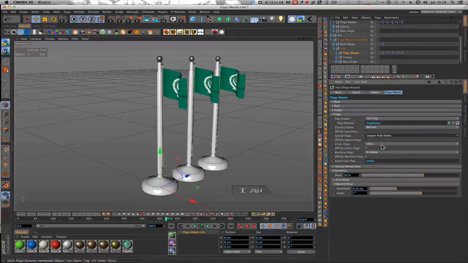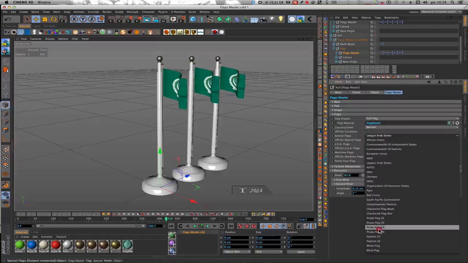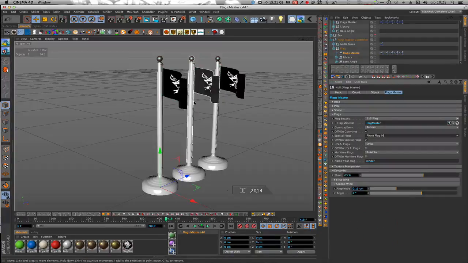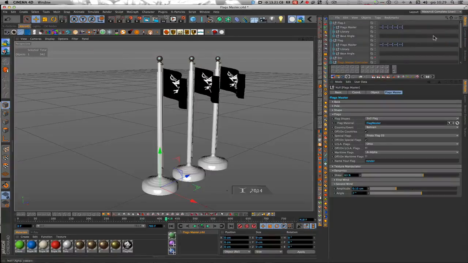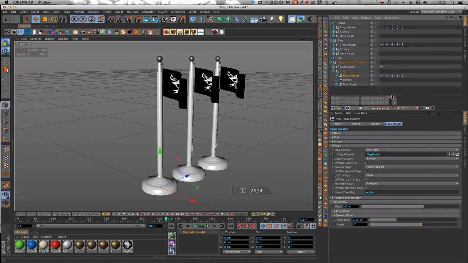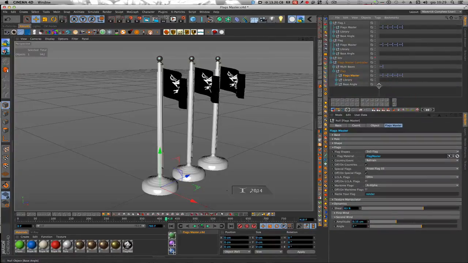So when I change the material of the first flag, I change every material. This is useful if you want to have 10 flags of the same with the same texture, but in other cases we want to have different flags,